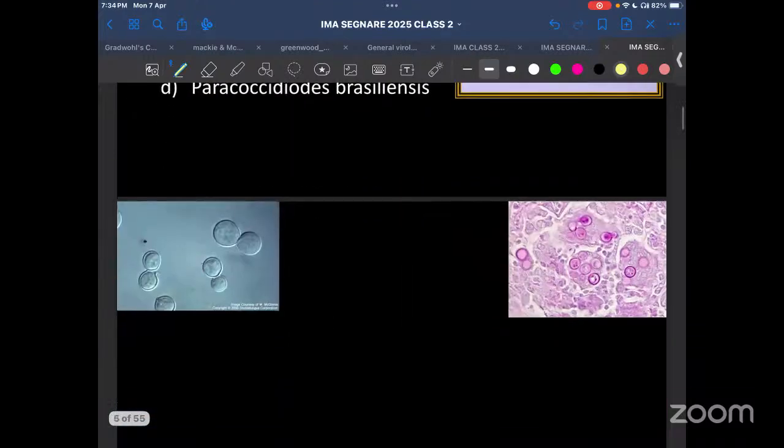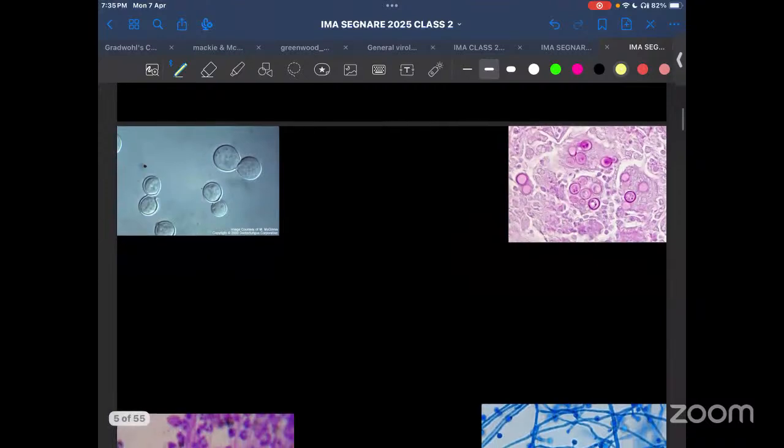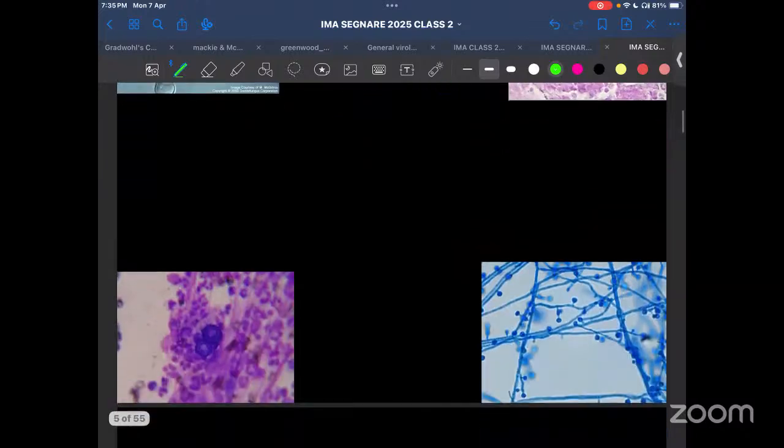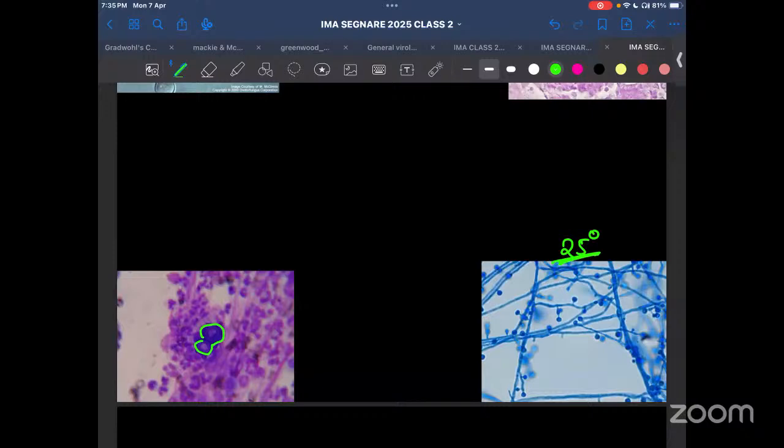So we will come to Blastomyces dermatitidis. There are more pictures of Blastomyces here. It causes blastomycosis. Look at this yeast. This is having that figure of 8 broad-based budding. Again, figure of 8 broad-based budding is shown. This is Blastomyces, and when it is kept at 25 degrees Celsius,